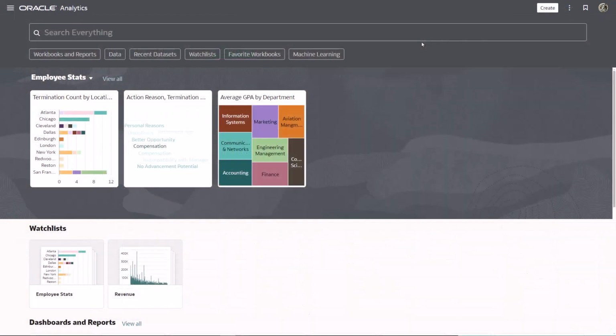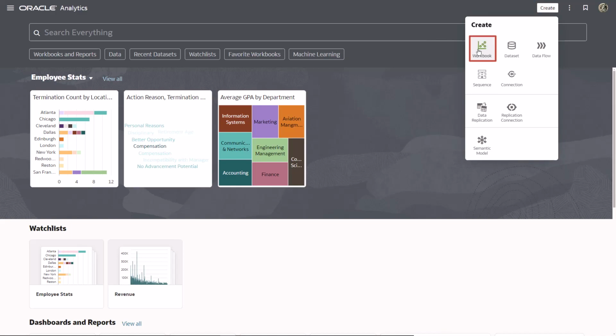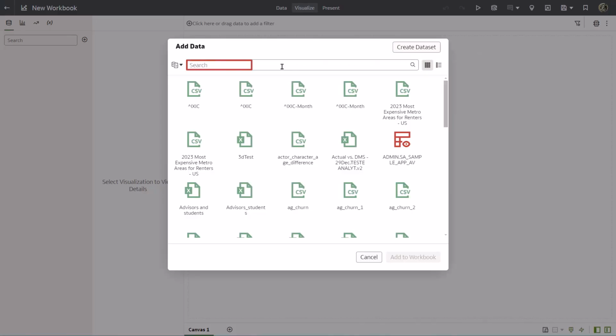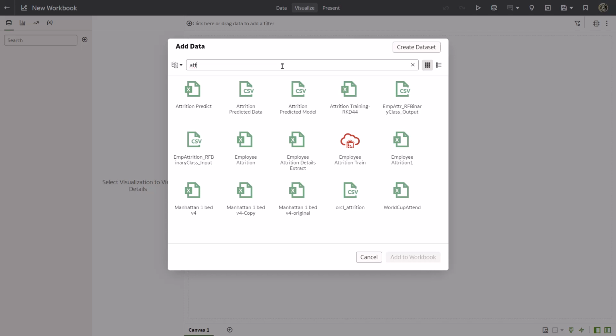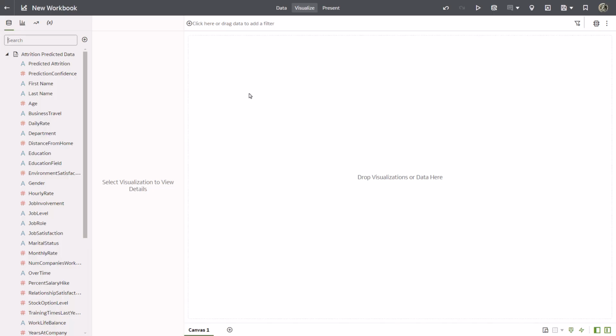Finally, the Human Resources VP uses the Attrition Predicted Data output to begin working on pinpointing exactly why the organization is losing employees. He begins by creating a workbook from the homepage by clicking Create and then Workbook. He searches for the Attrition Predicted dataset that the HR analyst just created and double-clicks it to add it to the workbook. He searches for the employee count data element